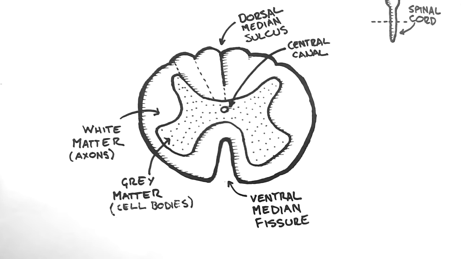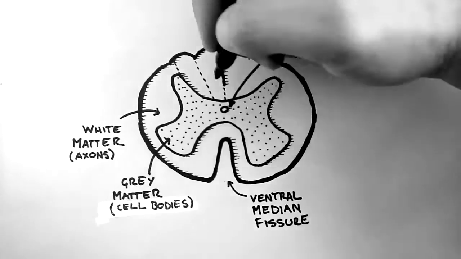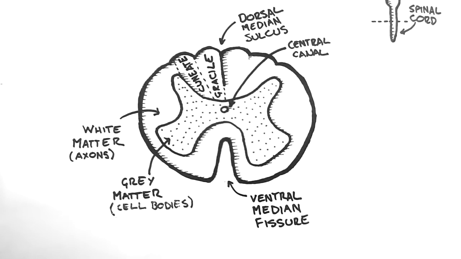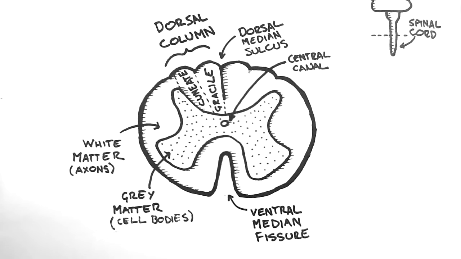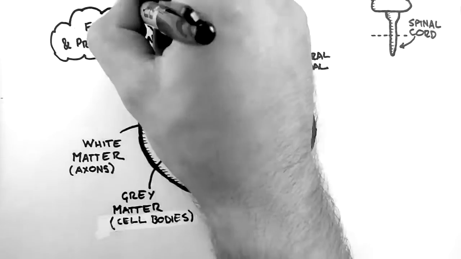Now let's look at some of the less obvious features of the spinal cord. Nerve axons run up and down the spinal cord in bundles known as fasciculi. The axons in a fasciculus are from neurons that have come from or are going to similar locations. So the first two fasciculi that we'll look at travel in these areas up the back of the spinal cord. And these are known as the gracile and cuneate fasciculi. Collectively, they are known as the dorsal column. The primary function of the dorsal column is to convey the senses of fine touch and proprioception, which means joint